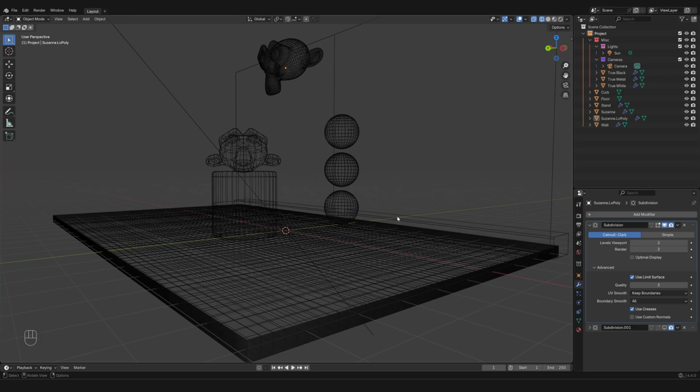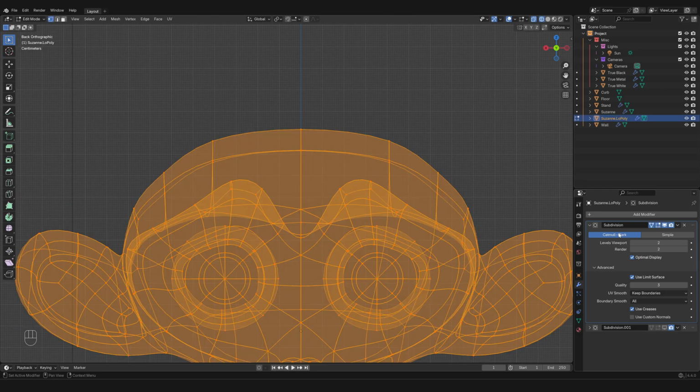Okay, so this is probably the best way of demonstrating why this matters. In most cases you want the optimal display on, because otherwise in a scene where you have a whole lot of things that are using the modifier, a lot of meshes that are high density, things can start to look like this, where it all appears to be solid black almost, and you can't tell the relevant information anymore. So in most cases you're going to keep this on. In fact, it is on by default. And now looking at the advanced stuff,